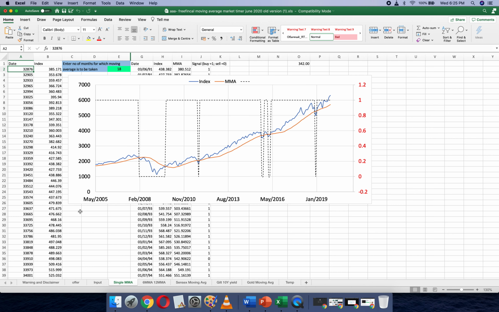This is the newest version of Excel for Mac. There's no difference between Office for Windows and Office for Mac nowadays. Everything looks the same except for the key differences and so on. So you will be taken to this sheet. Now it is up to you whether you want to use single moving averages or double moving averages. That this tool cannot help you with. I cannot help you with this.